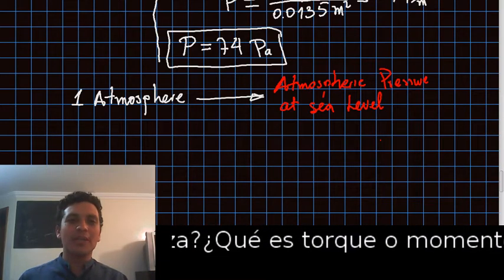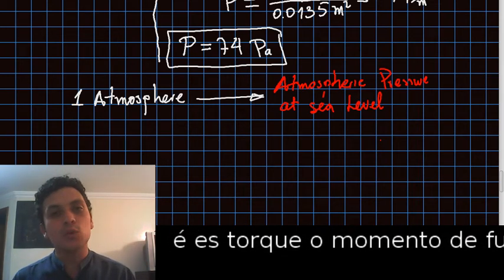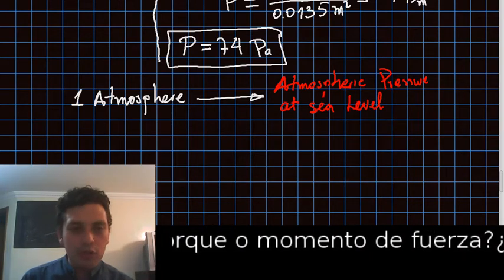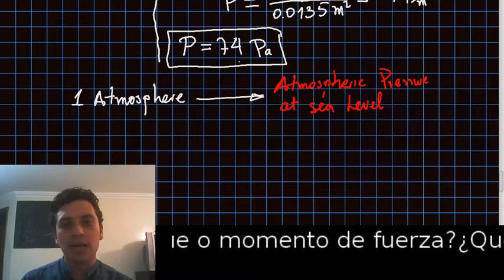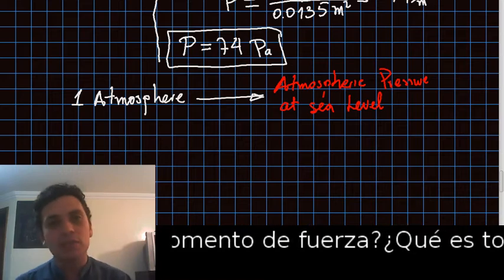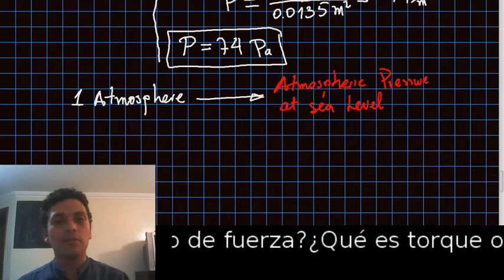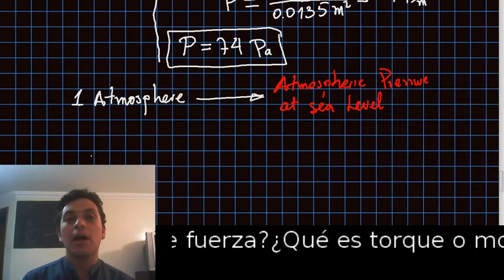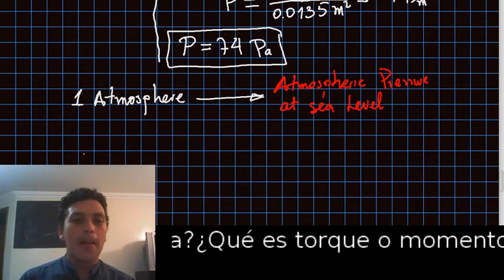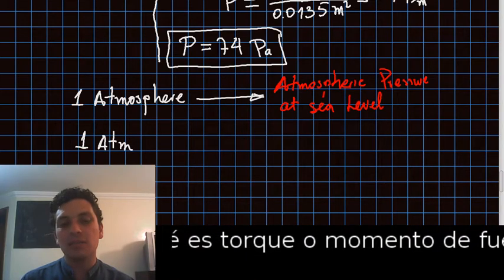The atmosphere is a unit that is very high compared to the pascal. So it's greater than the pascal. The unit conversion of the atmosphere to pascal could change because there are many measurements of atmospheric pressure, and sometimes we have the option of something called standard atmosphere, and something called technical atmosphere. But the unit conversion that is most common